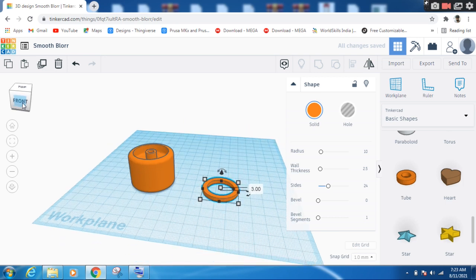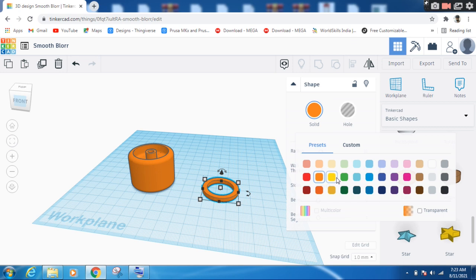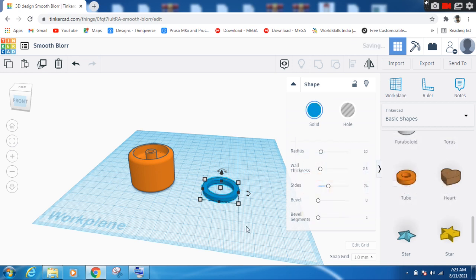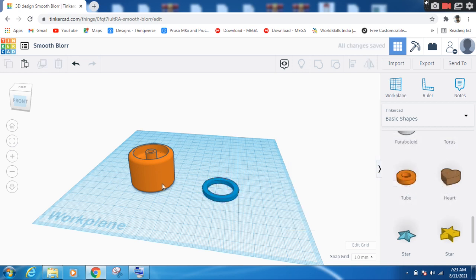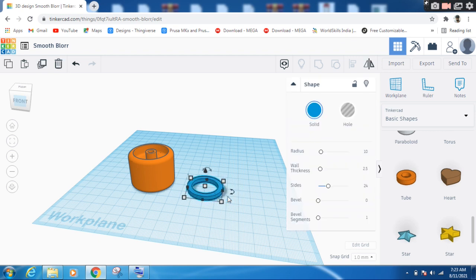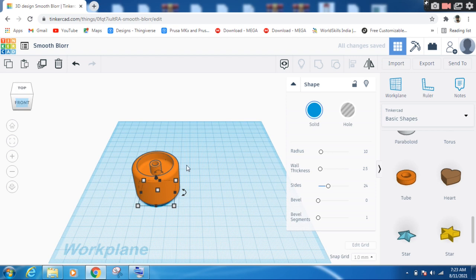Now I'll change the color of that first. Now I'm going to insert this here. Let me see why it's looking smaller.